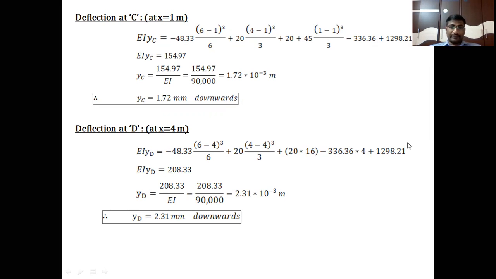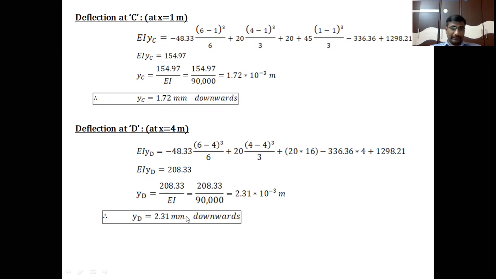So after calculating on the right hand side, we will get the 208.33 value. It is also positive. Therefore, deflection at point D is also downward deflection. So therefore, YD equal to 208.33 divided by EI, flexural rigidity, that is 98,000. We will get 2.31 into 10 to the power minus 3 meters. If you convert into millimeters, 2.31 mm